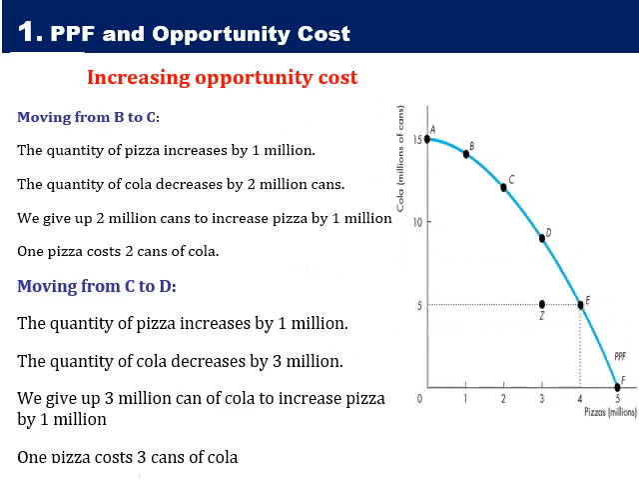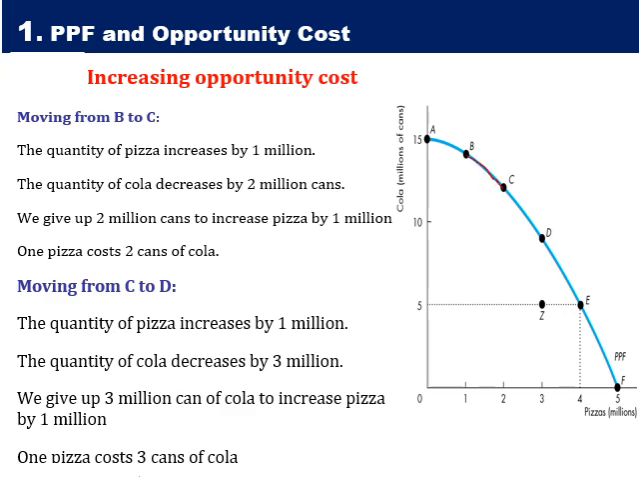We have just seen how to compute the opportunity cost of one good in terms of the other good. Now the question is, will the opportunity cost remain constant if we move between any 2 points on the PPF? The answer is no. When we move from one point to another point, the opportunity cost will increase. For example, if we move from point B to C